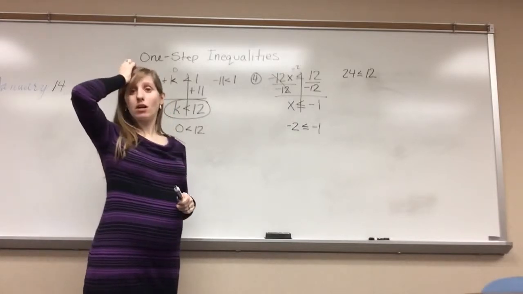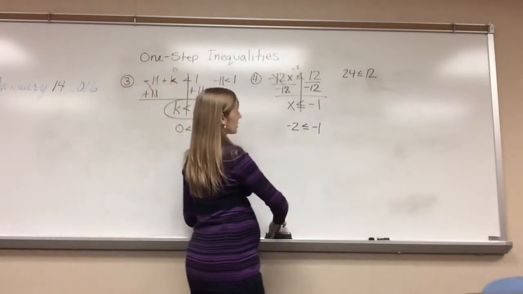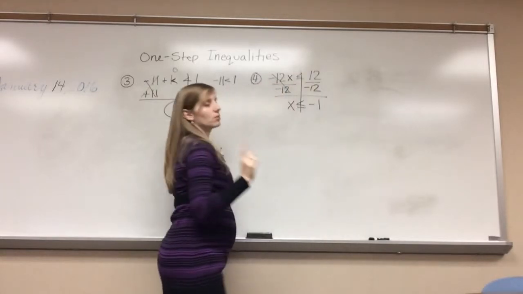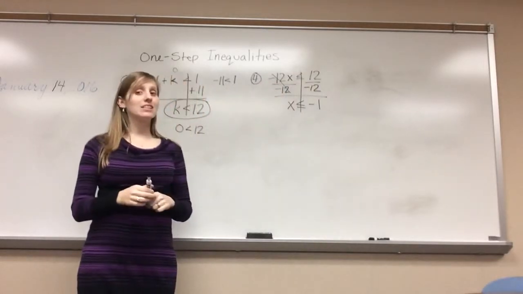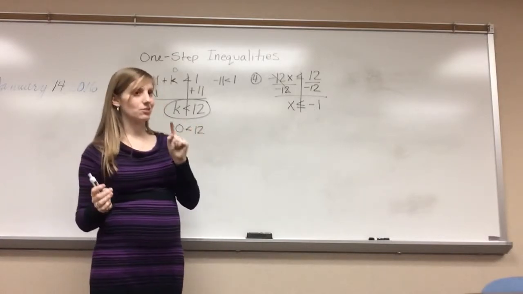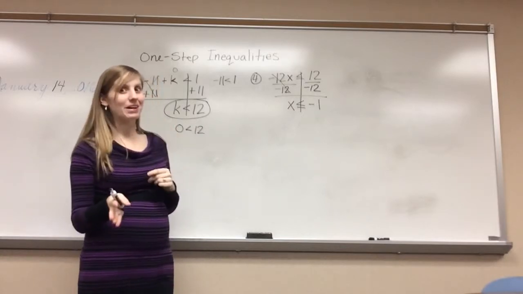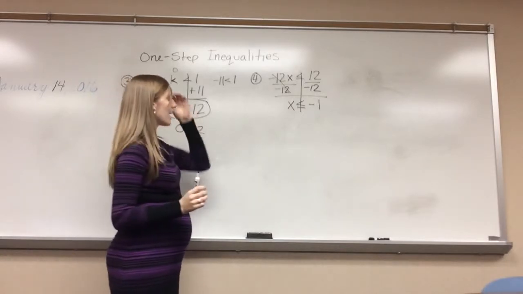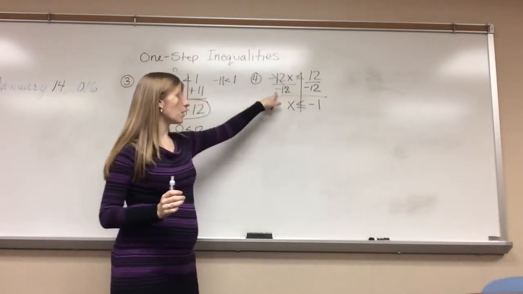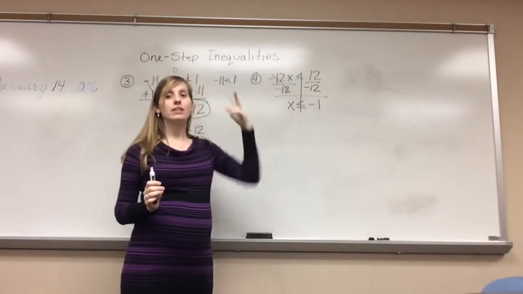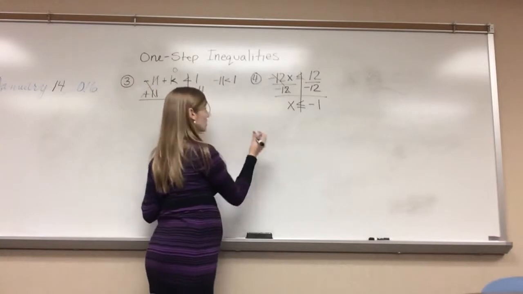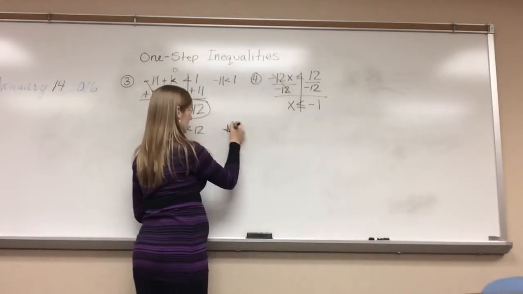So what went wrong? All right, let's take a look at our inequality because it's not correct here. This is the one place where solving inequalities is different from solving equations. Remember I told you they're almost identical, there's just one small difference, and we were going to talk about it later. Well, we're talking about it now, okay? The difference is multiplying or dividing both sides by a negative flips the inequality sign, okay? So that's the one thing you're going to want to write down. You want to write this down so you don't forget,